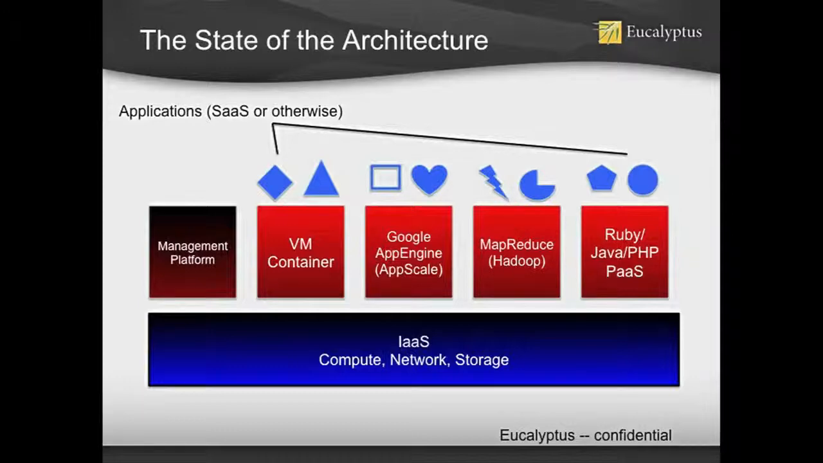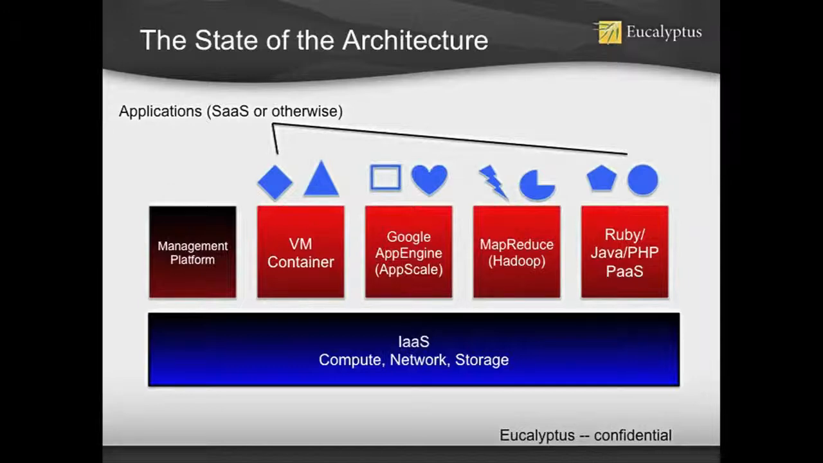MapReduce is a great distributed computing paradigm. It's essentially what we used to call an out-of-core server in the HPC space. Hadoop is the open source version of it. It runs on infrastructure as a service. It needs to be able to spin up VMs and attach network addresses and do things with volumes, just like these other things can. And then we're starting to see other platforms, Ruby platforms, PHP platforms,